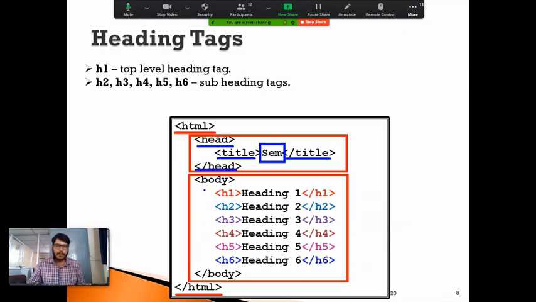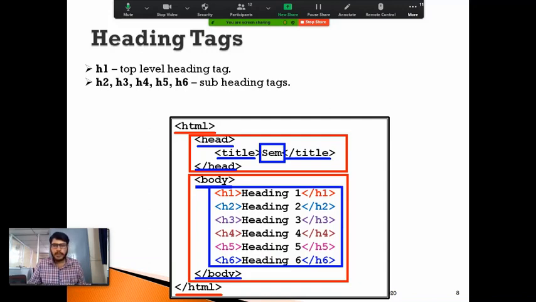In the body section, in the previous session, I had not placed any element within the body tag. But here, I'm going to use the body opening tag and the body closing tag. Within this, I can place any elements which I want to include within the body of the document. In this case, I'm going to use several heading tags. I want to display several headings in the body section.